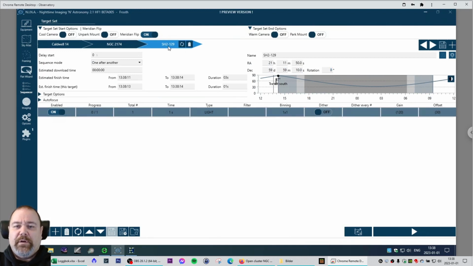So I'm not actually going to center the Flying Bat Nebula. I'm going to center the giant Squid Nebula inside it, because I would probably need to do a mosaic to be able to catch it all with my 510 millimeters, but